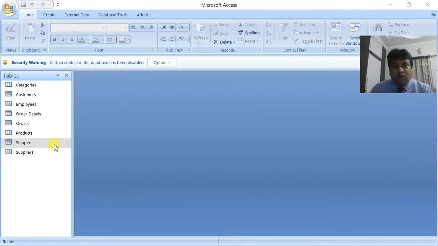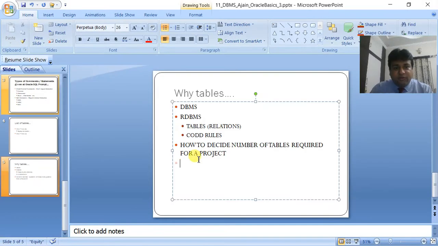As I told you, number one thing: how to decide the number of tables required for a project. The second thing would be how to establish relationships among tables. Now the third thing which you are going to learn is actually the first part that is required to be done: creating an ER diagram.